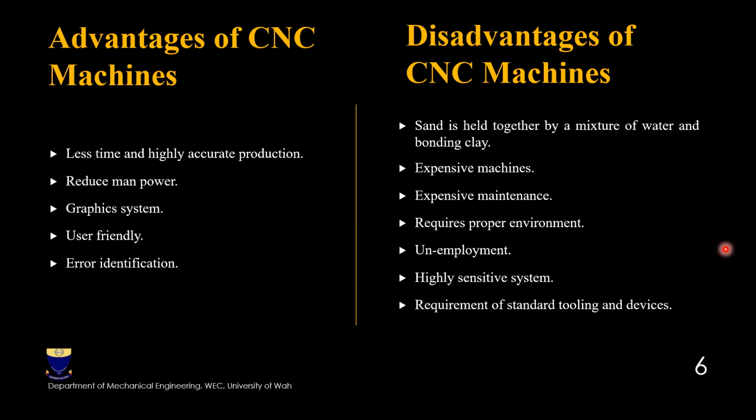Advantages of CNC and disadvantages as well. The first advantage is less time and highly accurate production, reduces manpower, graphic system, user-friendly, error identification. So basically, these are the advantages of CNC machines, in which the GUI interface is now being very helpful, as you can see in our mobile phones, whether it is Android or iOS based. So the graphic system is pretty much understandable to everyone,